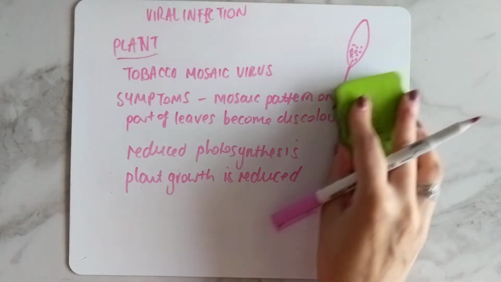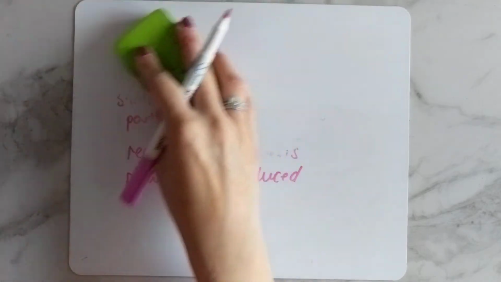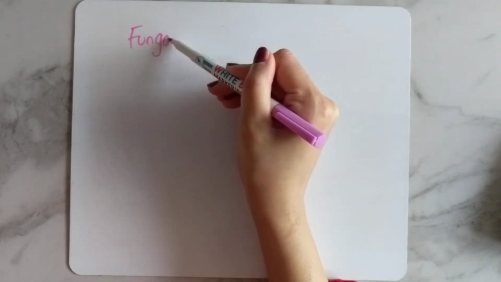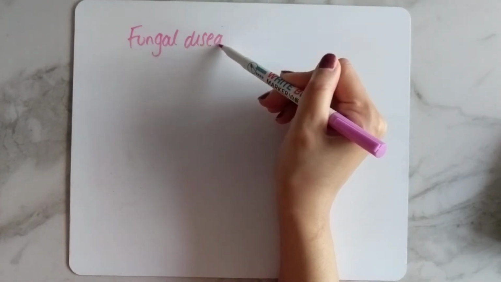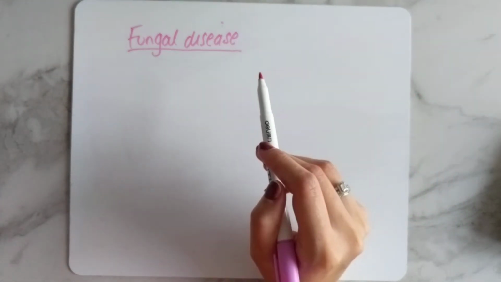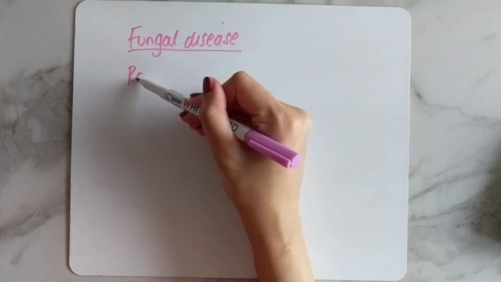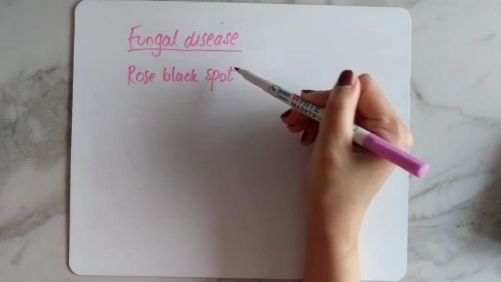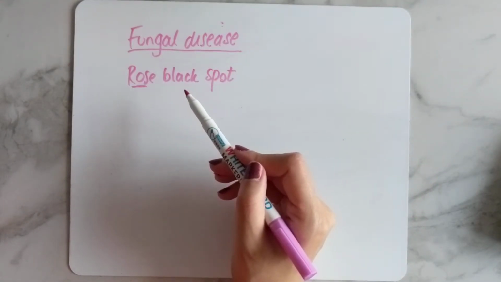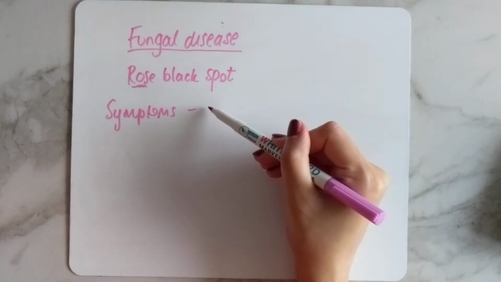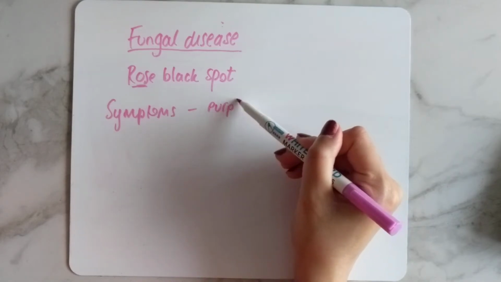Okay, so there's another plant disease that you need to know, but it's not actually bacterial or viral. This plant disease is a fungal disease. So they're still under the term pathogen, but it's just a different type of pathogen. So this fungal disease is called rose black spot, and it only occurs with roses. And what happens is you get purple or black spots